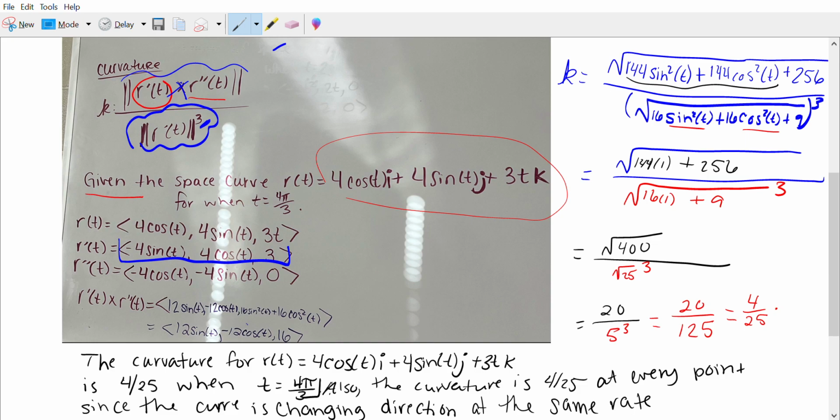I'm adding that in there just for clarification. All right, so that is